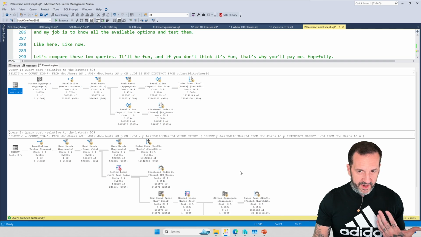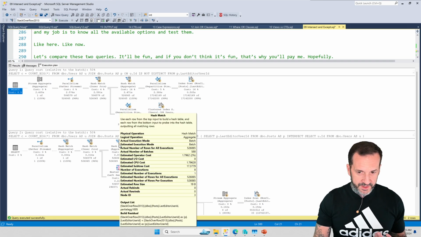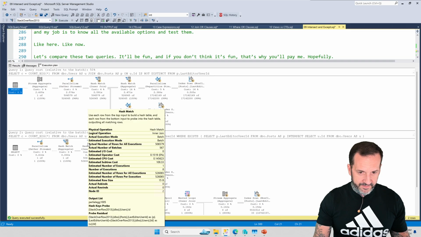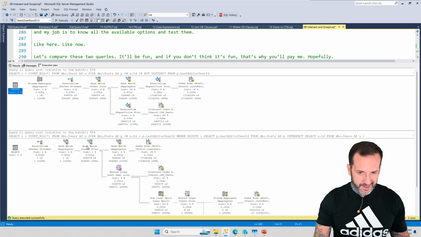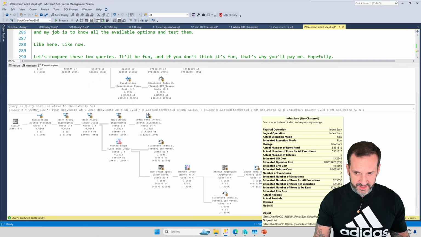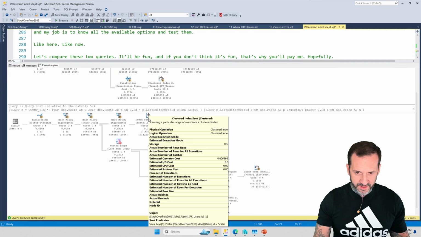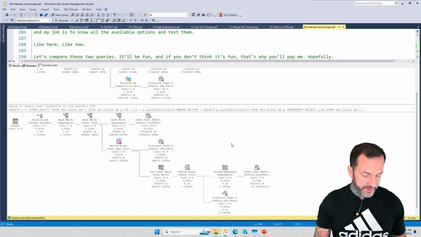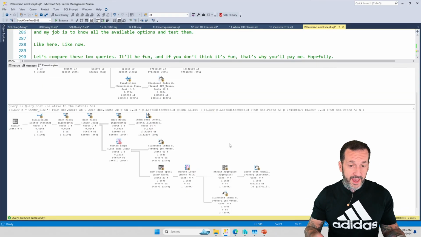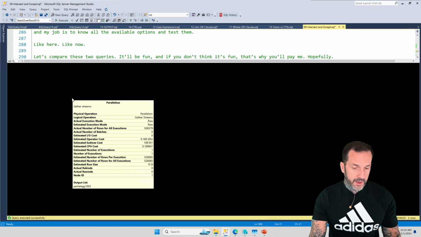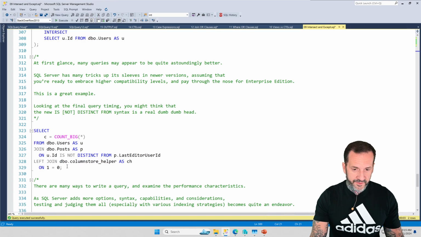The intersect query went faster because SQL Server naturally chose batch mode on rowstore for this query plan. We have the batch there, we have the batch here, we have the batch here. I don't think anything down here is eligible for the batch except maybe reading from some of these, but we got the batch up here when we read from the posts table as well. So SQL Server was like, yeah, batch mode on rowstore sounds great. It did not choose that here. And like I said, we could force the issue